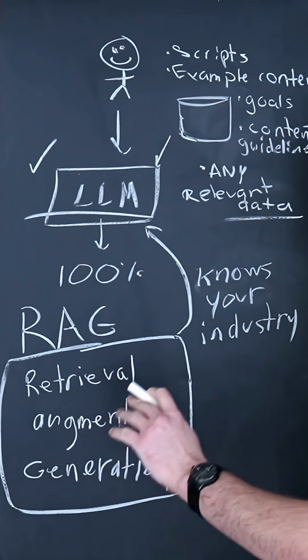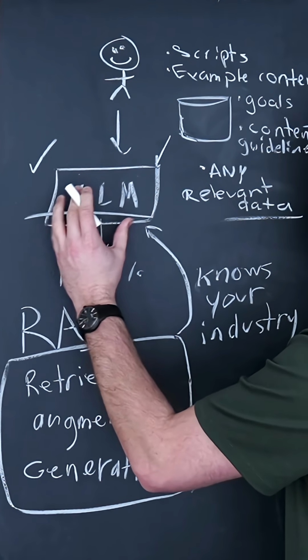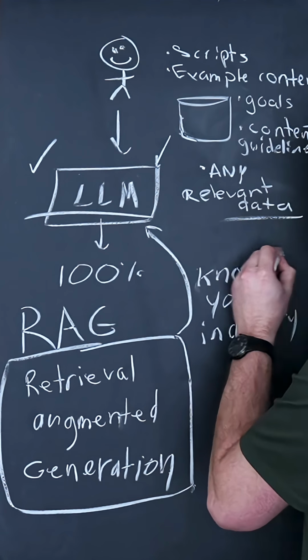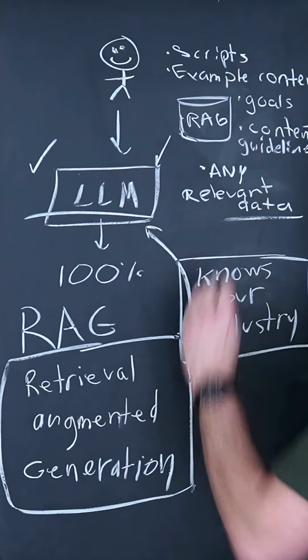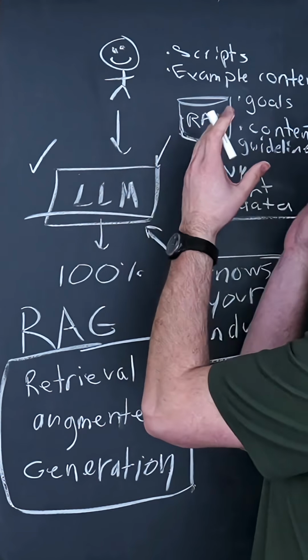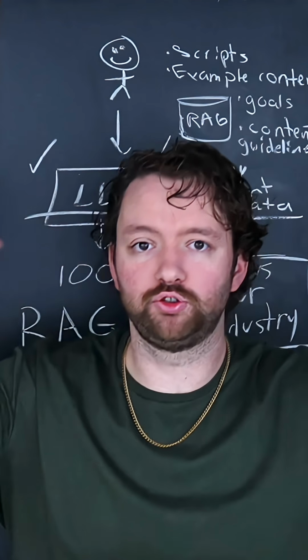So instead of thinking of the AI model as something that knows everything, instead think of this as the compute engine, and then you provide it the additional information through the RAG database. So now we have a smart computer and all of the data needed to create a super AI.